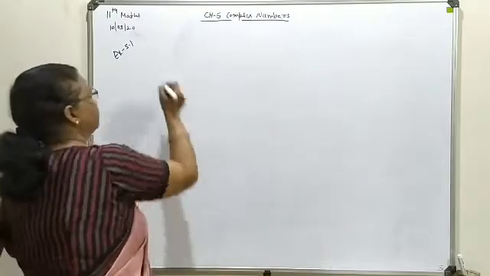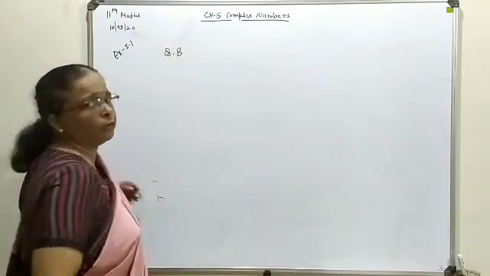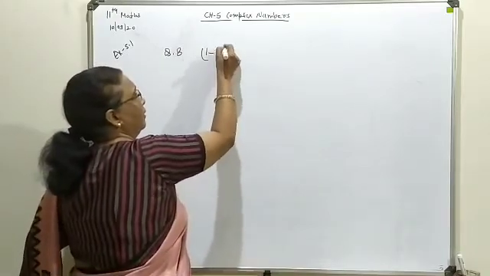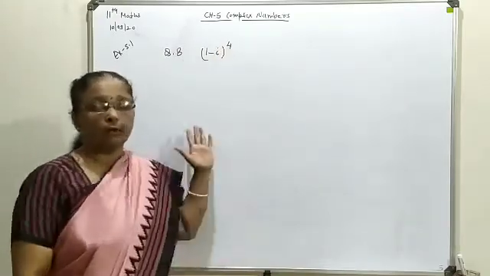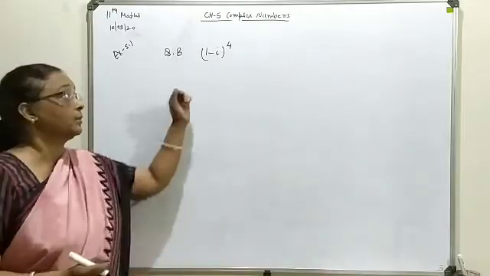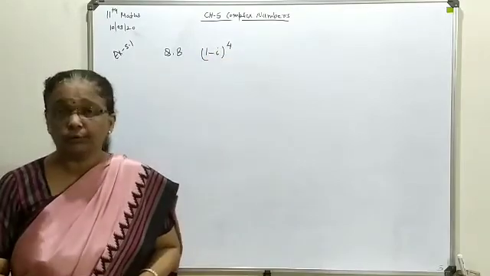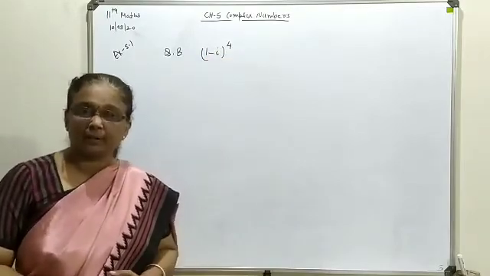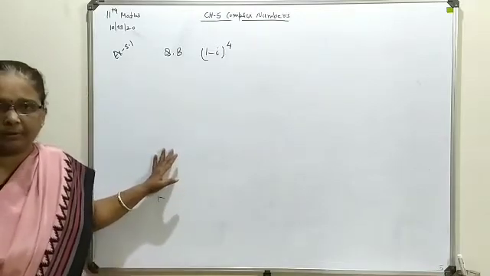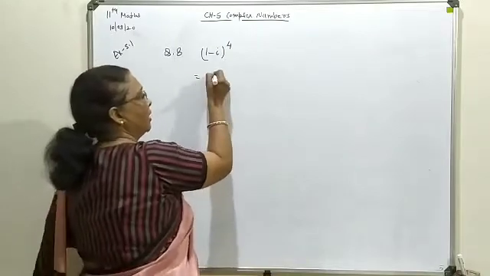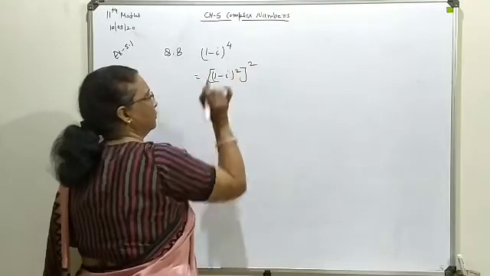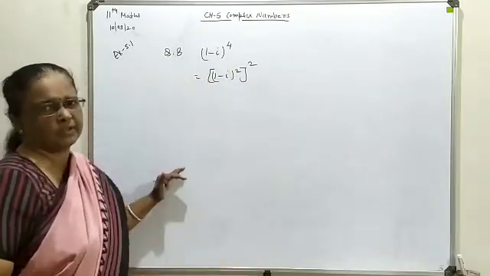In the 8th one, your expression is available as 1 minus iota with power 4. Now how to handle this situation? There are two ways to find its solution. First one is make the expansion with the power 4 and then find out the solution. That will be quite bulky. And one shortest way we are having, so that only we are going to adopt here, that is 1 minus iota whole square, with the whole square form. This power 4 you can adjust that way.